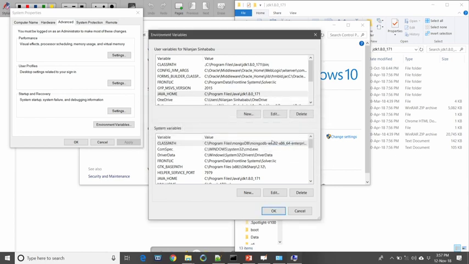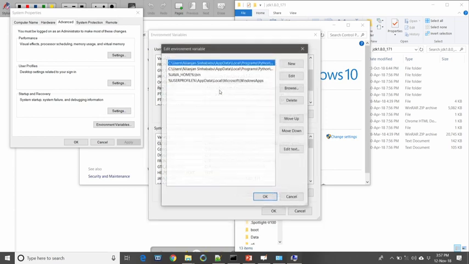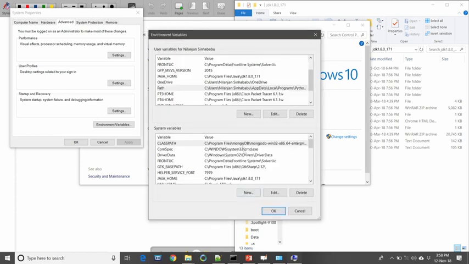So, you have to set the variable name JAVA_HOME with this value, and then you have to set the path. The path should be set using JAVA_HOME, then under JAVA_HOME the bin, because bin contains the executables of all the Java tools.